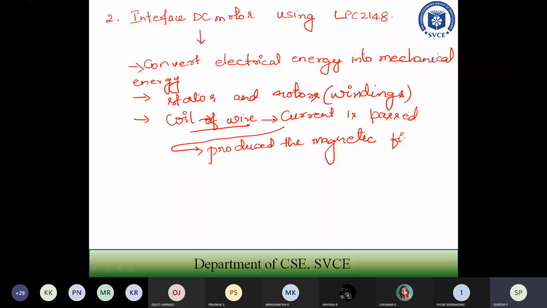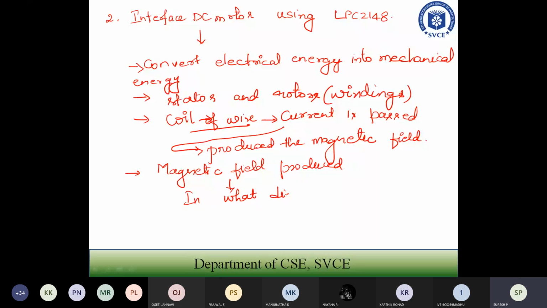The direction in which the magnetic field is produced determines whether the motor will rotate clockwise or anti-clockwise.